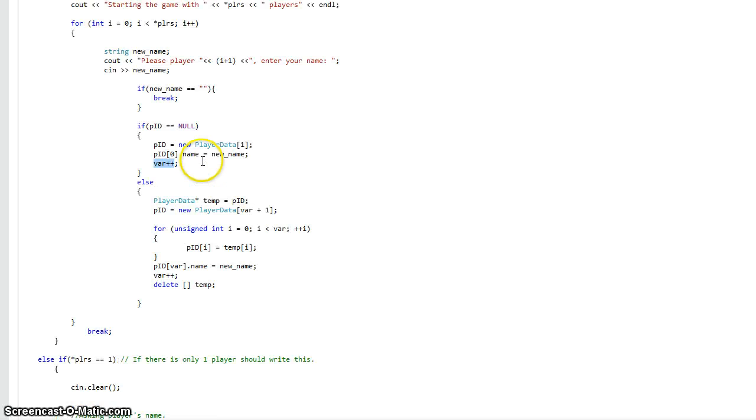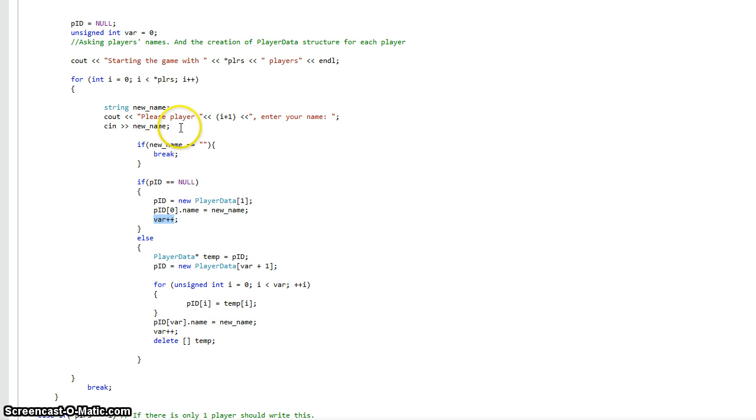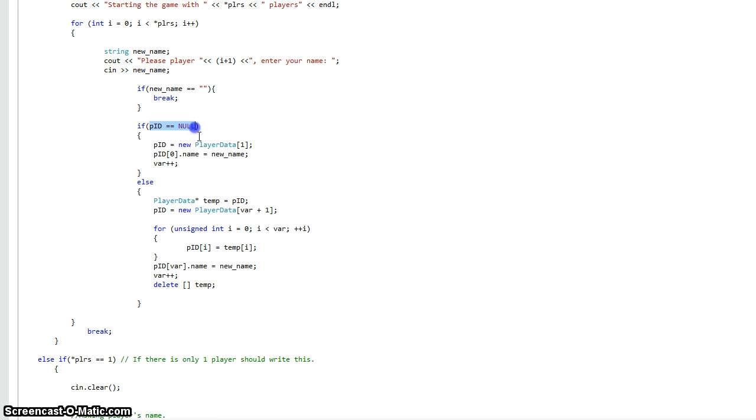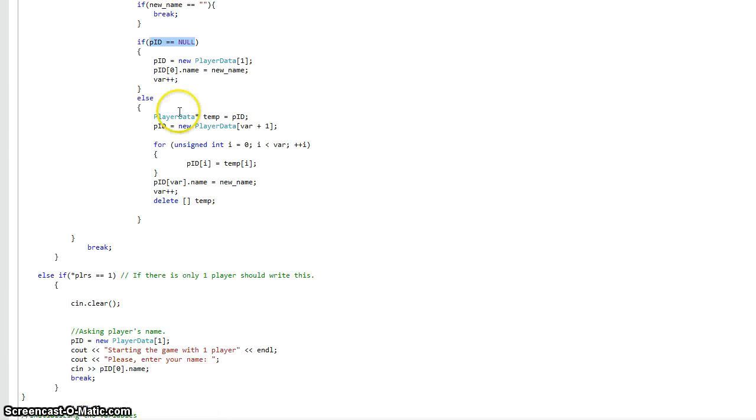Else, if there is something in new name, and the PID is not null, then we make a player data